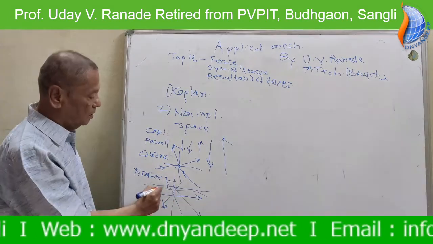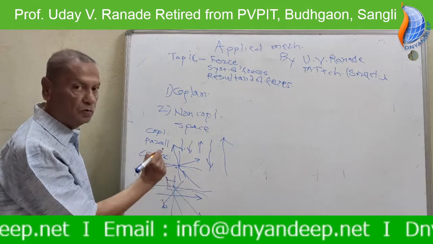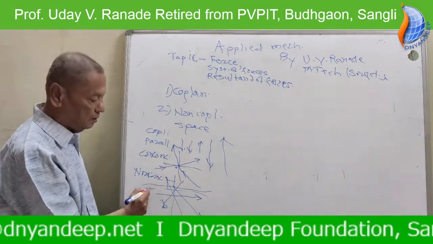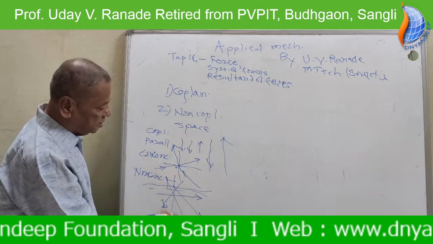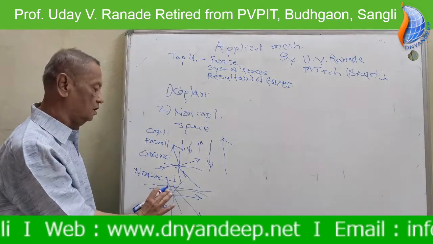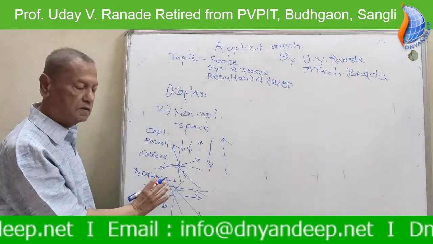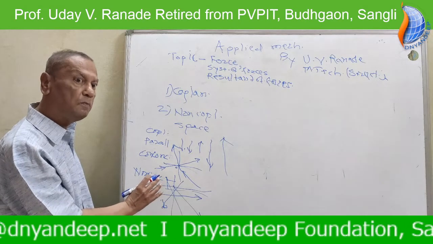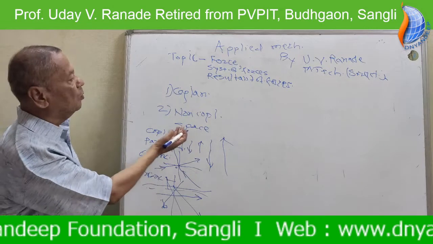Non-concurrent. X and y axis is there, point is O, but non-concurrent. See the figure. This is force, this is force, this is force, this is force. There are number of forces, but is point of application of all forces same? No. All forces are not passing through the same point. Now consider coplanar,